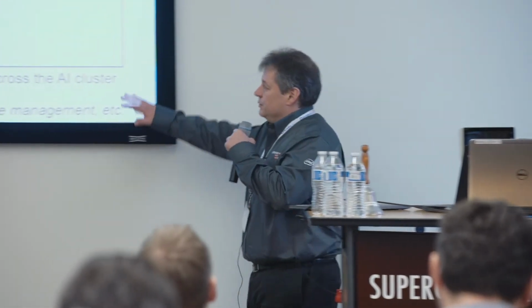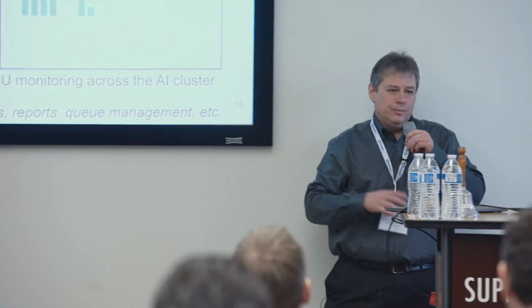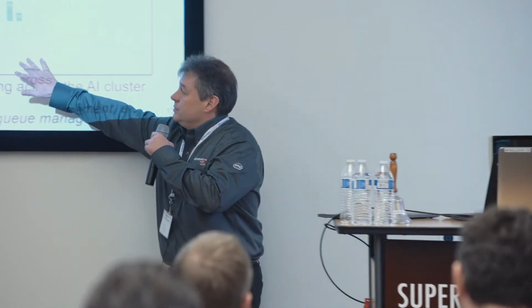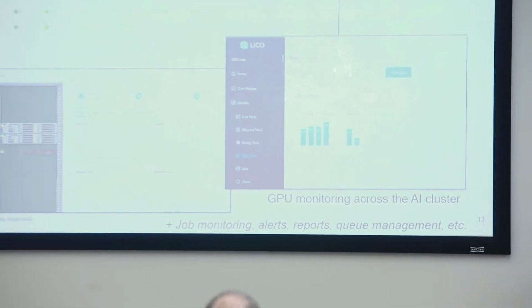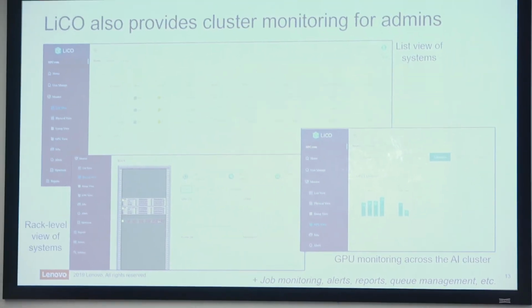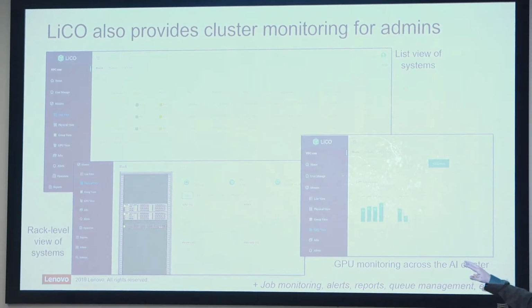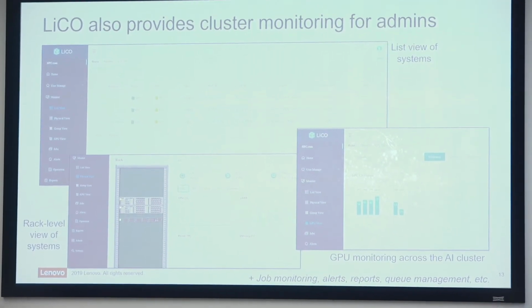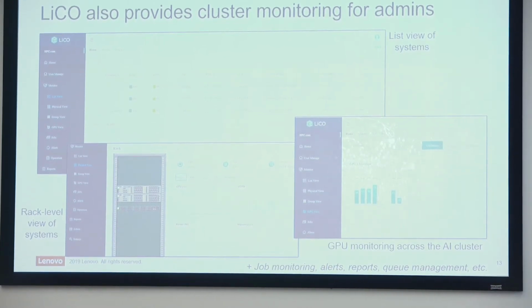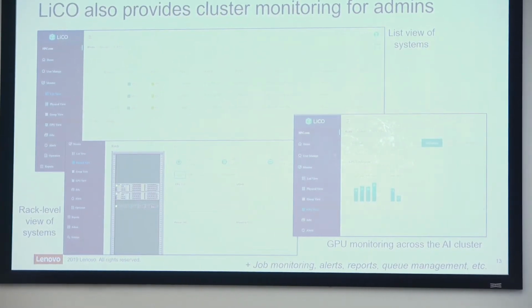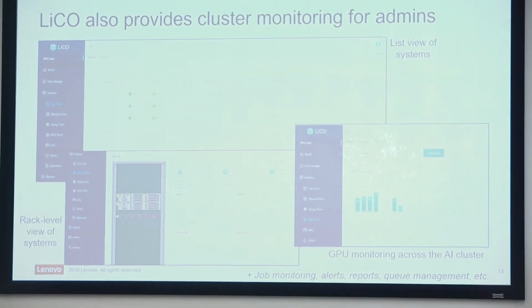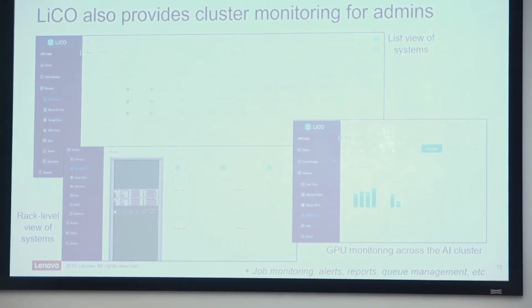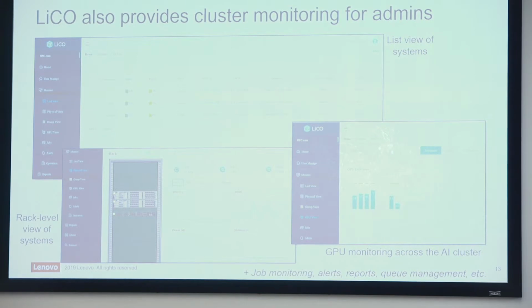And for the AI clusters, something we see more in the enterprise where they're primarily a cluster around GPU systems, we've got a view that looks at just the GPUs across the whole cluster. So when they're doing training, they want to look at what the utilization is. Is my code being efficient? Is it not working? It's a handy view to troubleshoot some things pretty quickly. We also do things like alerts, reports in terms of billing, and queue management for Slurm through the interface. So if we've got an administrator that's not particularly versed in some of these tools, they can do a lot of capabilities here as well.